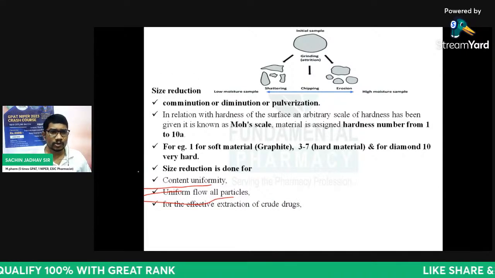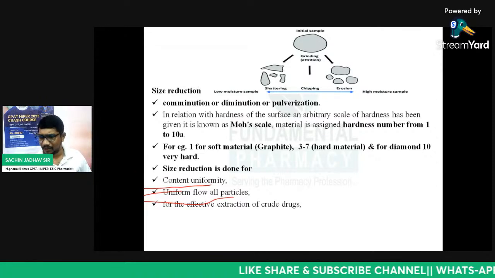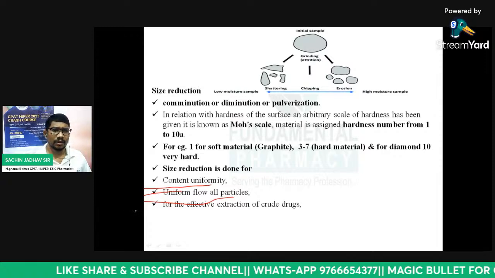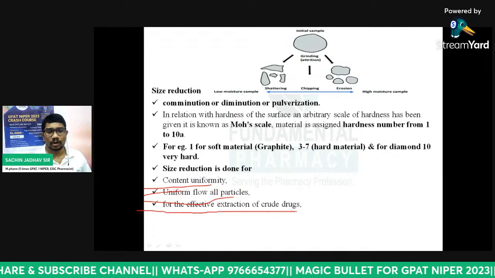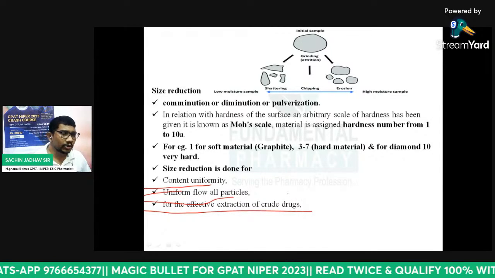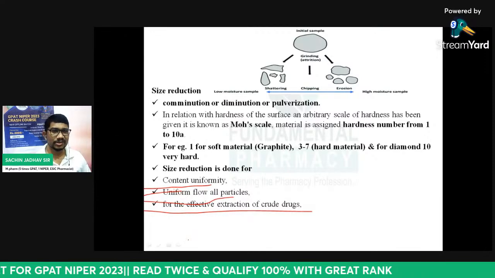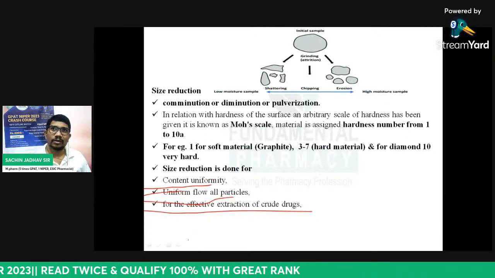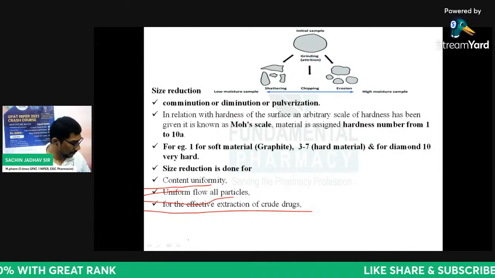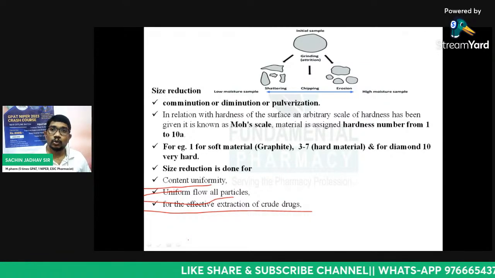Okay. Size reduction is also done for effective extraction of products. So, for example, if you want to do an extraction of alkaloids from Rauwolfia roots, आपको Rauwolfia root में से alkaloid निकालना है. So you cannot use the roots as they are. आपको जो roots आपका raw material है वो as it is use नहीं कर सकते, because there should be a proper solvent action on that material for the effective extraction of that alkaloids, right? So you need to do size reduction.